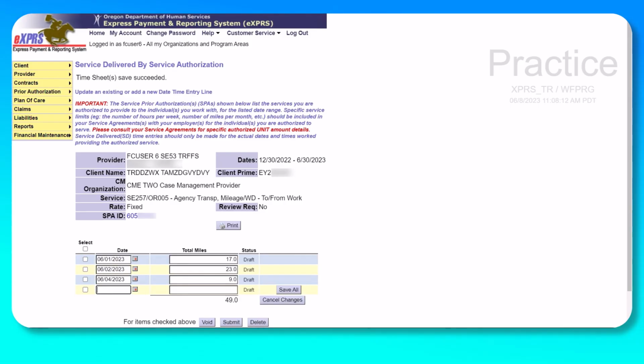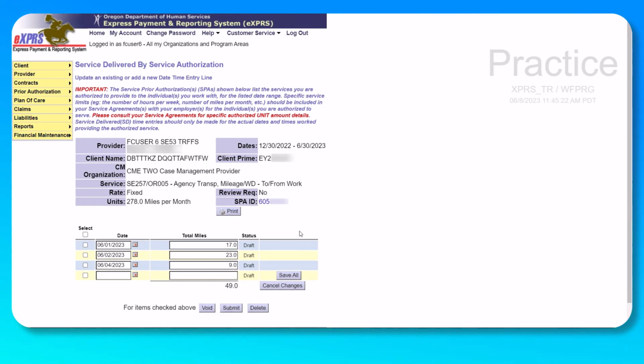As a note, if you're driving multiple individuals at the same time, see the Community Transportation Worker Guide that's produced by the ODDS policy team. In that guide, there's also an Excel spreadsheet tool that's provided to help you calculate the miles per individual to bill when you're transporting multiple people.